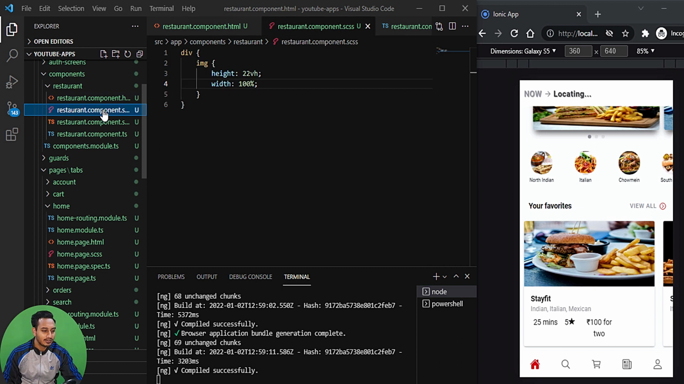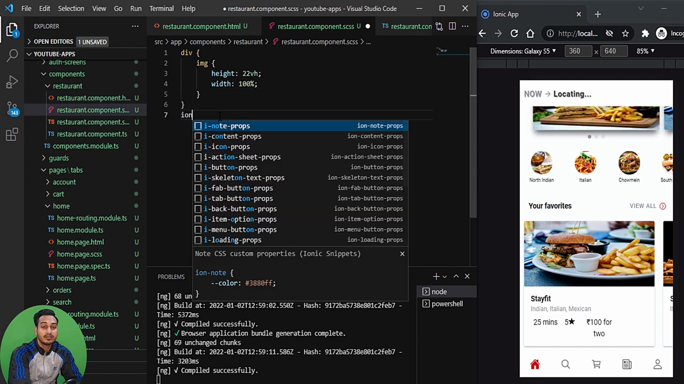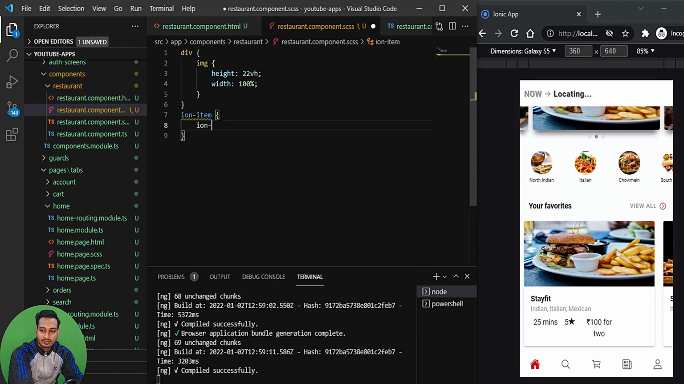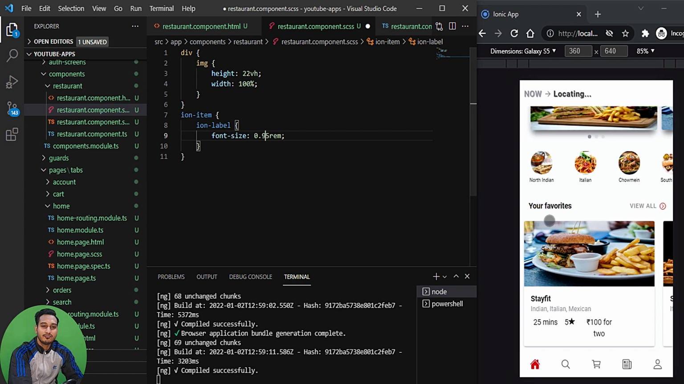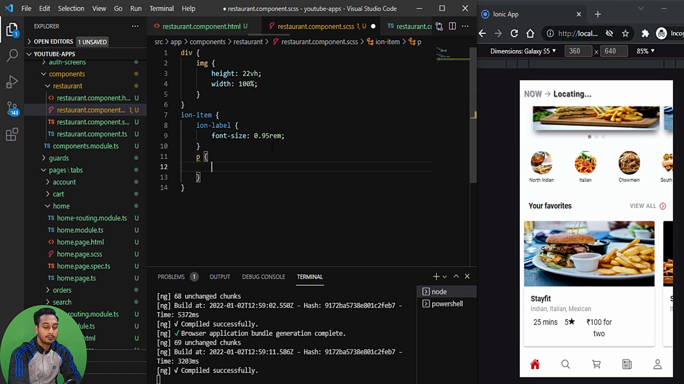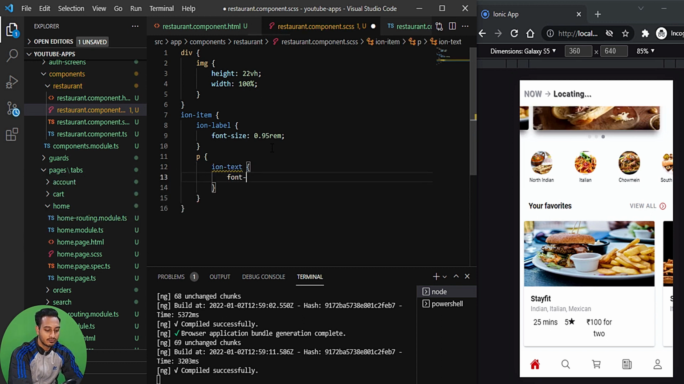So what I'll do, I'll go to the SCSS out here, and after the div, I'm going to work with the ion item, where I'll start with ion label. Now to my ion label, I'll give it a font size of 0.95 because I want this ion label to be bigger. Alright, the text, the title one. Okay, and after that I'll work with the p tag, where on the ion text I'm going to pass font size to be